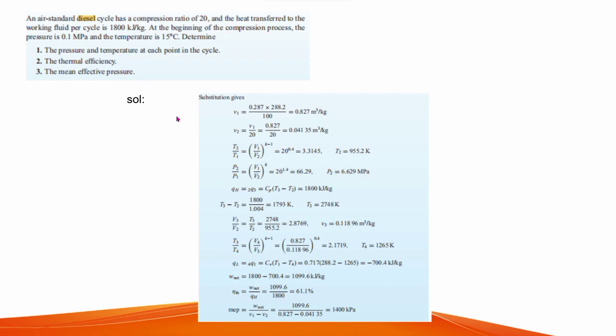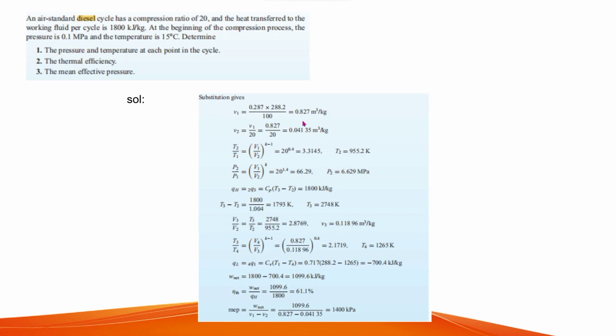So to solve this problem, first we need to substitute our given. First we need to solve for our V1. V1 is equal to 0.287 times 288.2 over 100. We can find this value in our property table, which is equal to 0.827